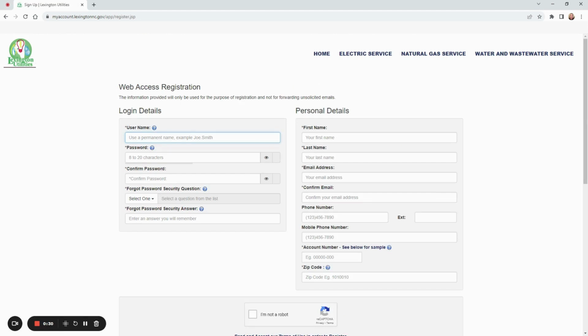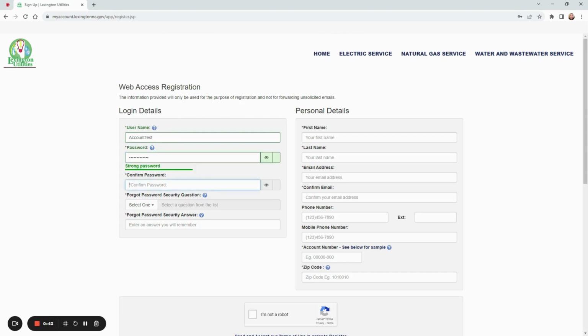Then you'll need to enter a username that you would like to create for yourself, a password, a password security question. You can choose from the drop-down the answer to that question,